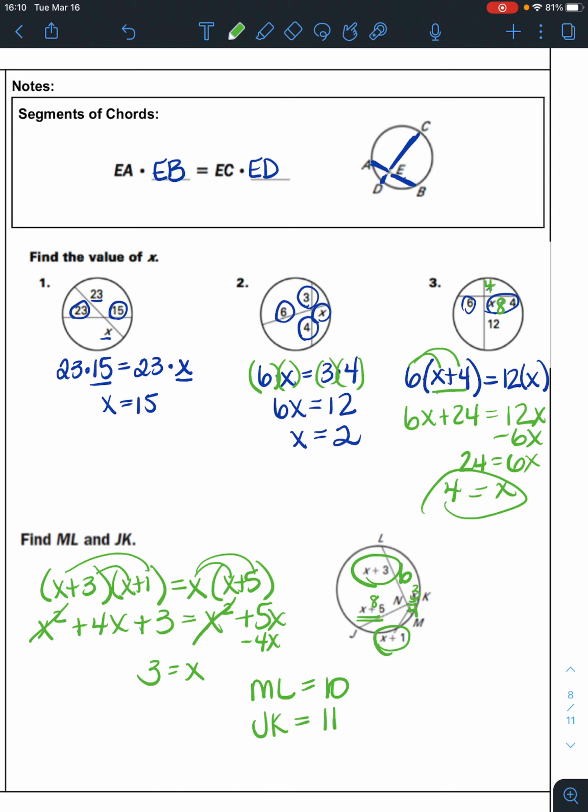So when you are looking at the chords and you want to know how long the pieces are, when you have intersecting chords, the product of the pieces of one chord are equal